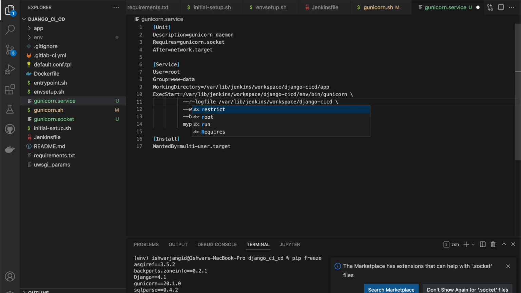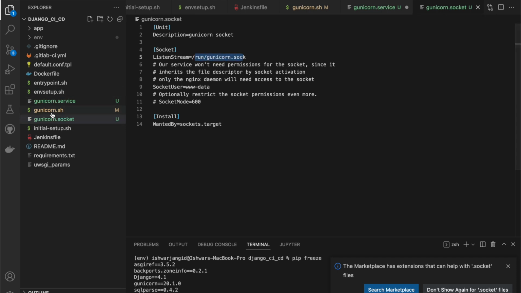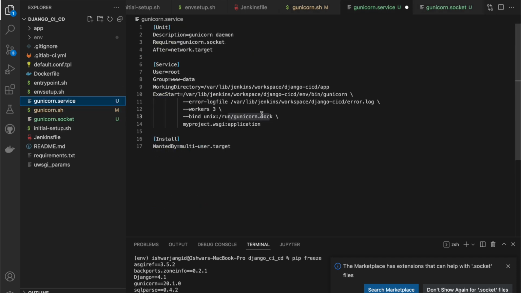So error log file, and this will be in error.log. Here you go. Then we will have the error log file. We will have workers as 3. We'll bind it to unix run gunicorn.sock, because this thing is here, gunicorn.sock, and in our service file we'll go to my